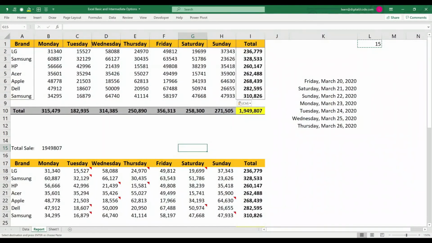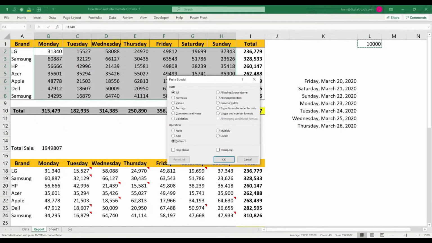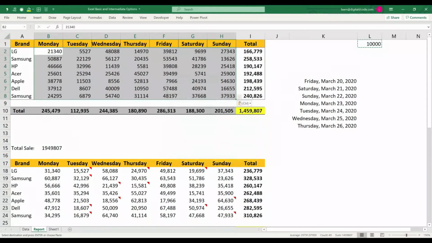In case I want to subtract all these values by 10,000, copy 10,000, select all the values, Control Alt V, subtract. Assume here I have 19699. If I do that, it will subtract 10,000 and you will get only 9699.